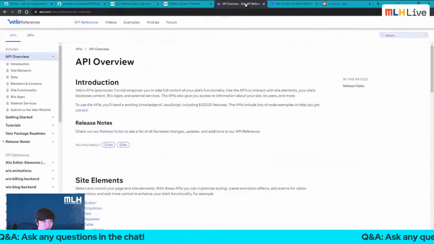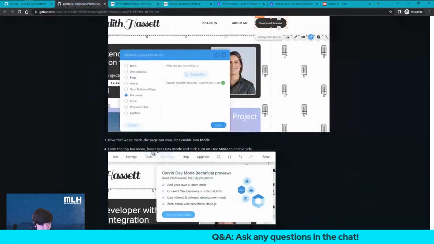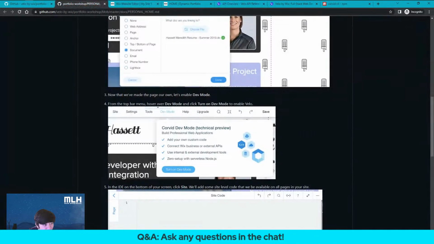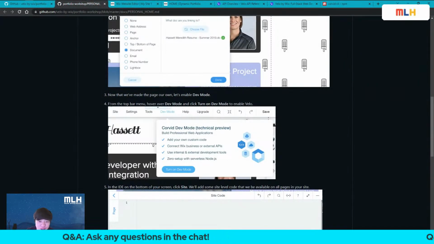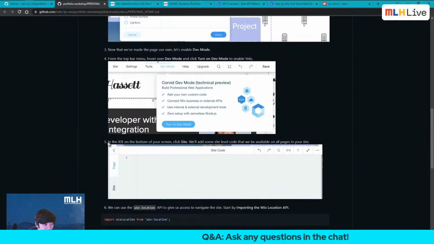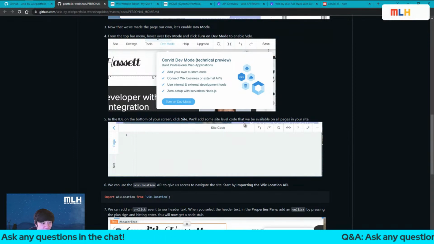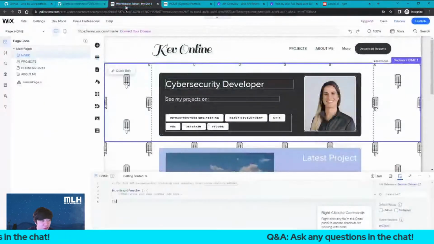I also do have the API overview pulled up in case anything could be video references. Okay, cool. Let's run this. So feel free to pause me, ask me questions as I'm going along. But I am also pretty new to Velo by Wix. So the top menu bar in here, we definitely did that. Okay, and the IDE in the bottom, you're just gonna click on site. We'll add some site level code. Will be available to all pages in your site. Okay, so first,